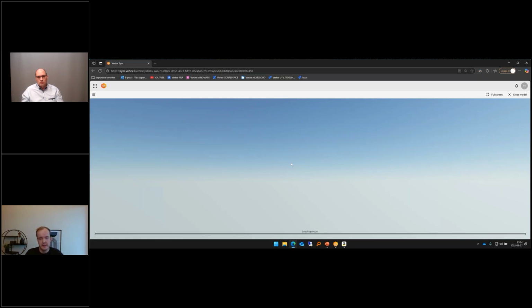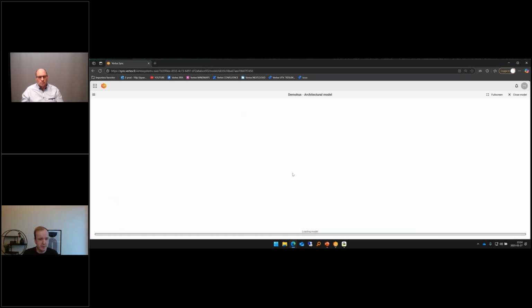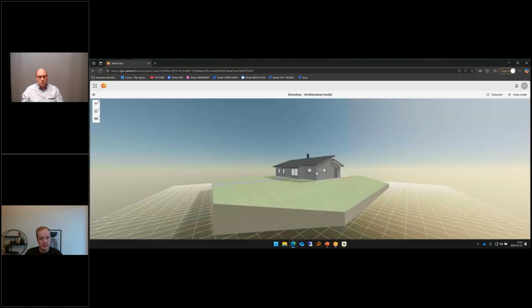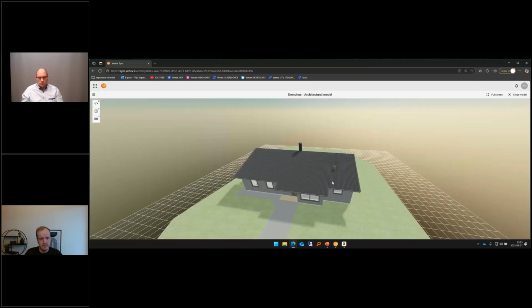And I will see this is quite an extent. This is a fully framed house, which I'll show both sides, both the architectural and the structural side. Now it's basically just loading the 3D model. So here we have the 3D model of the architectural side. I can see the